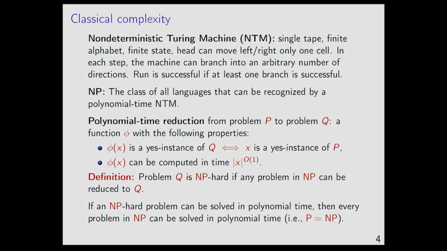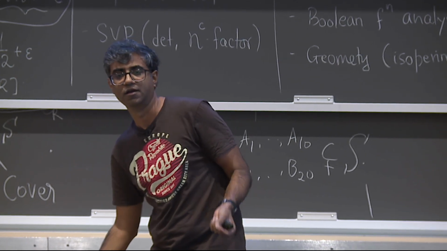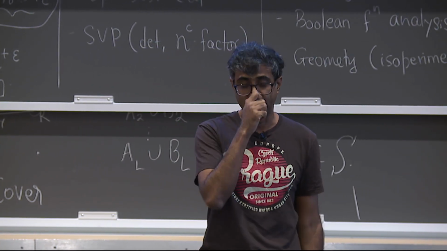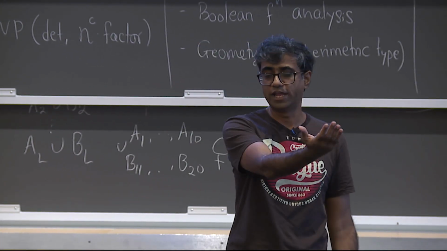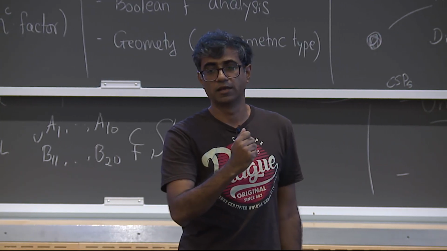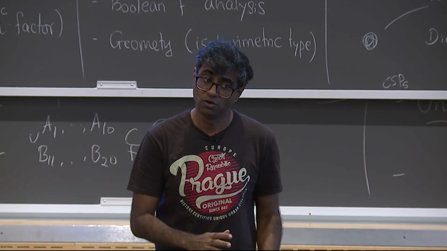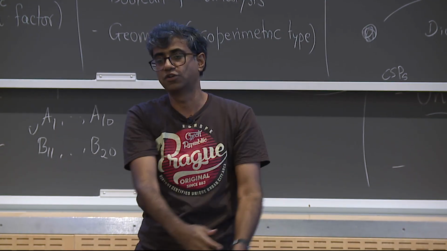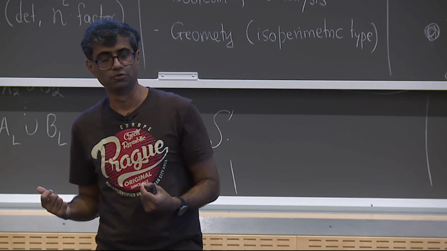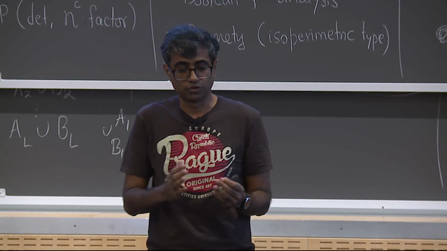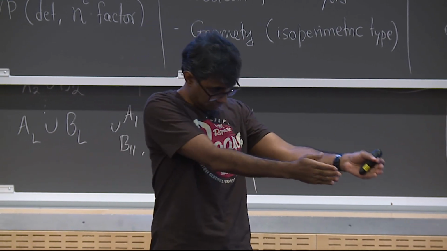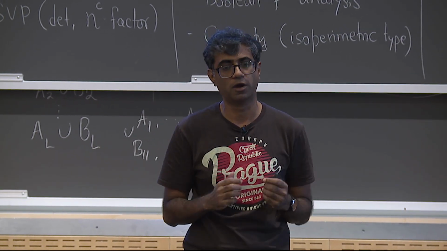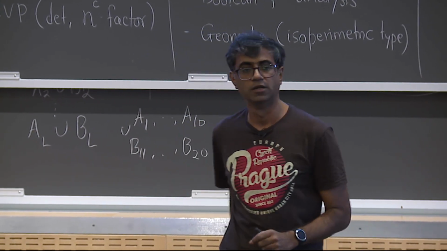So this is the old classic way of showing something is NP-hard: you take your favorite problem, already known to be hard, and give a reduction to the problem for which you want to show hardness. If the new problem had a good algorithm, then my old problem, for which I know a lower bound, would have a good algorithm. So that's the old approach.